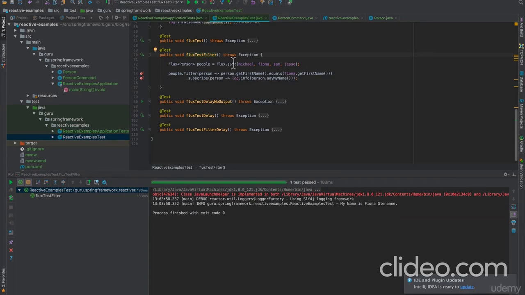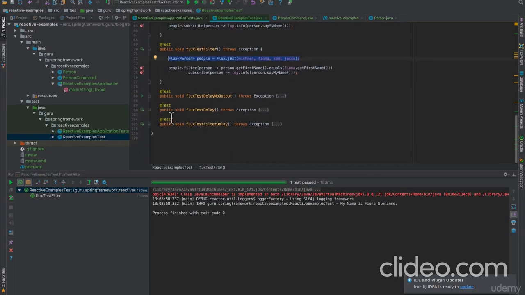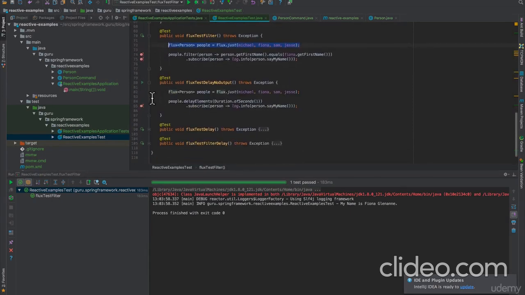So just like on the example before, we still have the 4 objects going into the flux. But now we are doing a filter operation on it, and we are going to filter out just where Fiona is. And now here, we can also do this, and we're doing a delay. So we're going to emit every second here. And this is a little